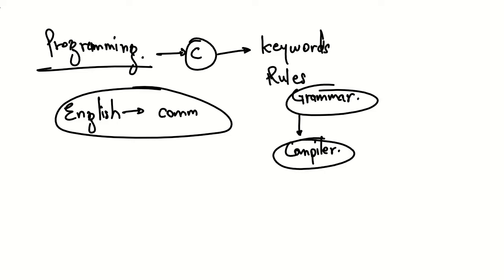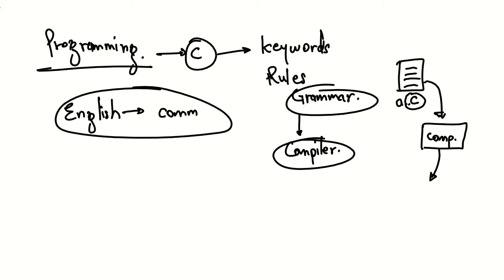So what a compiler does is, we have a C code here. The code file will end with .c, for example a.c. Ending with .c means it is a C programming language text. This is the code of the C programming language. This will be given to a compiler, and the compiler will give us the running software. So now we will go and see how this whole process takes place.